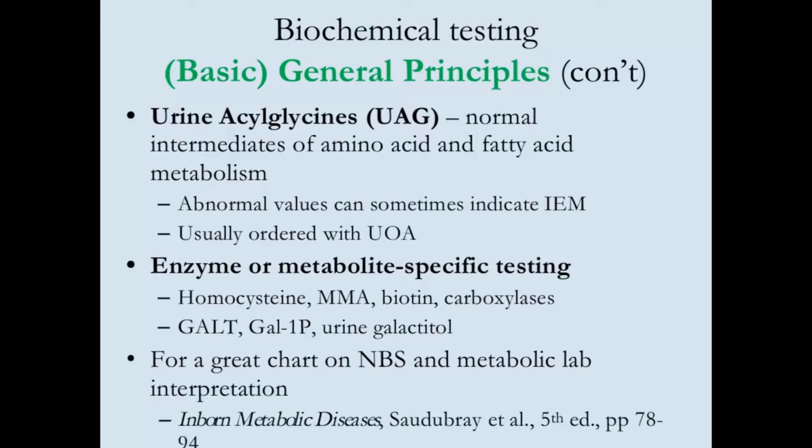There's a really good chart in the most recent Sodeberg edition that talks about newborn screening and the possible abnormalities you might see, and then what tests you either need to order or what the abnormality would be. So there's a whole section. I put pages 78 to 94 because there's some text in there too. But on page 79 itself, there's a really good chart, which I think might be helpful when you think about these things.